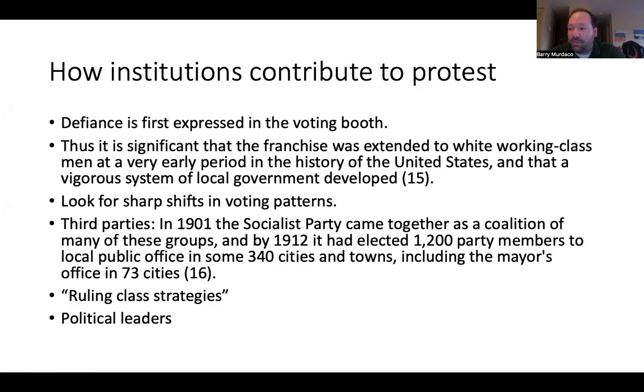So whether it's a question of economic pressure placed upon people, or the social disorganization that people face, even if those factors are present and fairly strong, if the political institutions are strong enough to absorb that, then that will essentially block the formation of these social movements. So they have to focus on how the political institutions work, and if they are functional enough to do that. Dysfunctional political institutions would be less likely to do that, and thus lead to an explosion essentially. They argue defiance is first expressed in the voting booth.